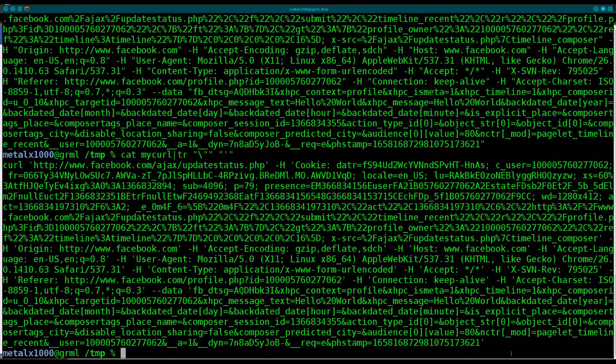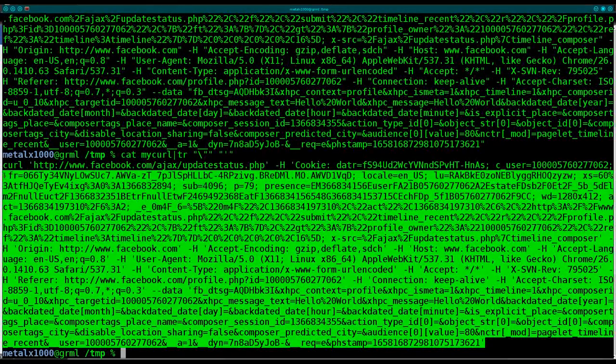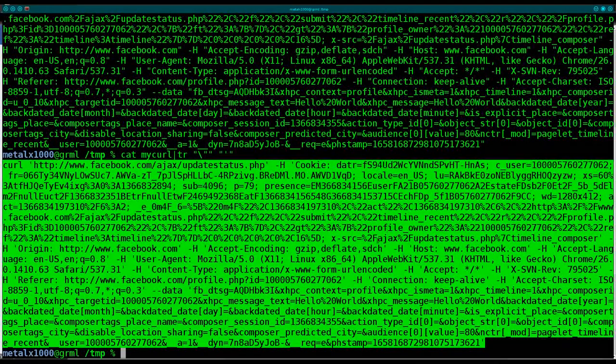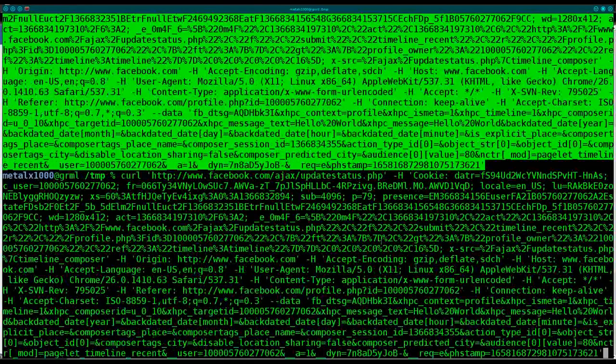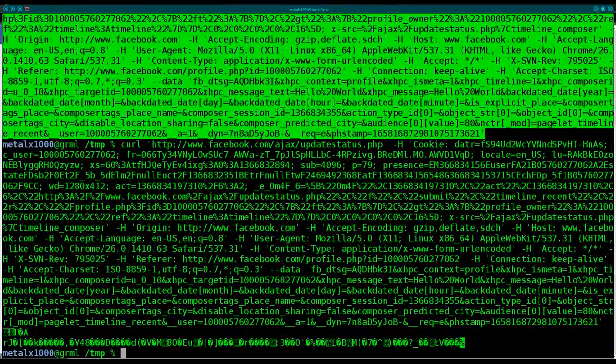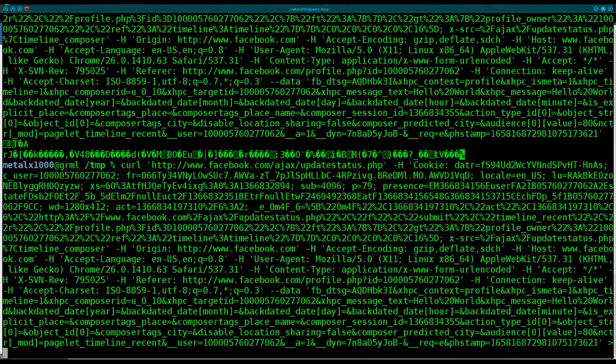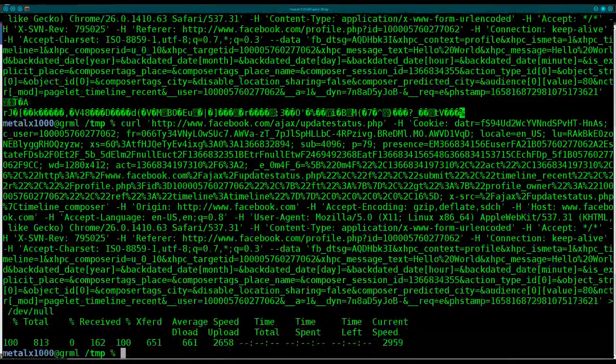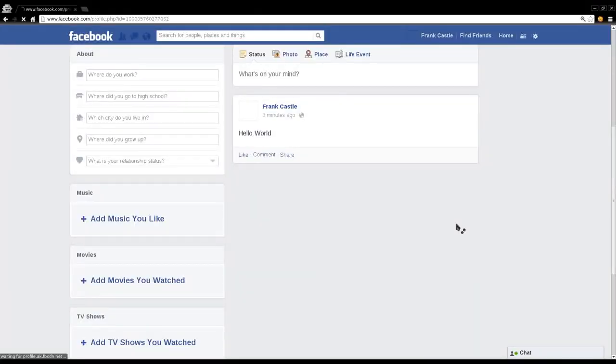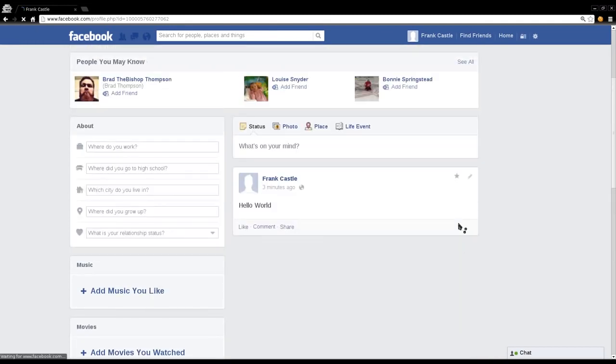Hasn't run the command yet, but now I can highlight this, copy and paste it, so you can right-click copy, right-click paste, or if you're familiar with Linux, once it's highlighted, it's copied, and we just have to center-click to paste it. I will hit enter, and once again, we still get that output here, which once again can mess up your terminal. So what I'm going to do is actually redirect that into /dev/null. Okay, going back to my browser, I will hit F5 here, and you'll see that I do not have the updated